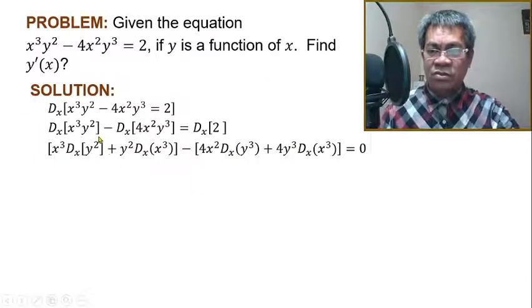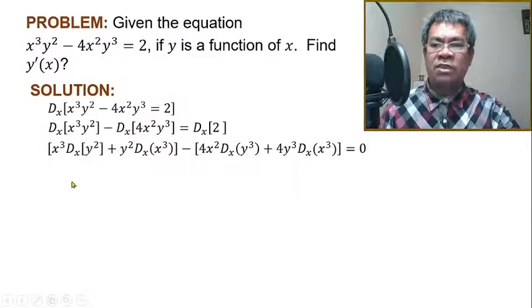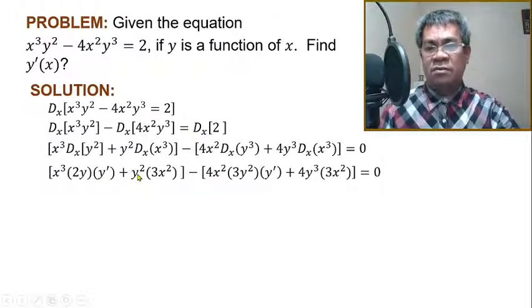But we still have this one to do. This is now again a function raised to n. Why? Because this is a function of x. So, power rule, think of x. So we have 2y, but you have to multiply by y prime or dy/dx. This is dy/dx again, the same as y prime. So 2y, I hope you didn't confuse this one. This is the function raised to n formula, function raised to n differentiation. So 2y y prime, plus y squared.